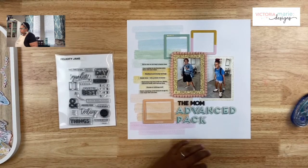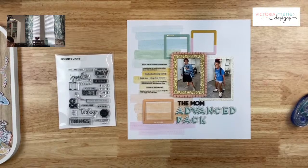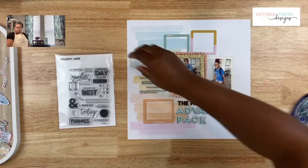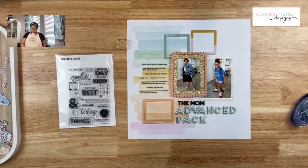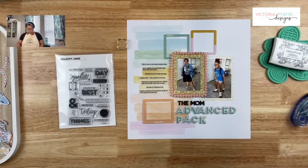Okay, now I need to grab an acrylic block. Oh boy. Trying to be careful here. Okay. Alrighty. And then what I want to do is grab my memento. I mean, not my memento. I'm going to grab some VersaFine for this,